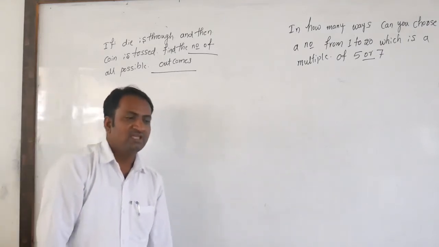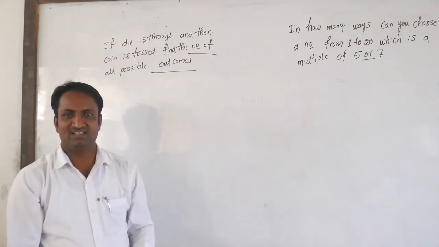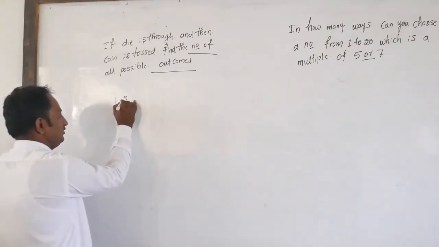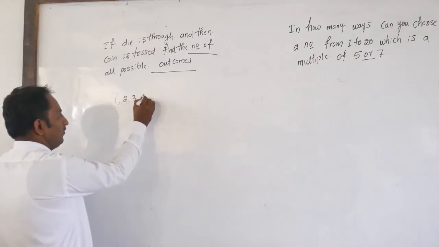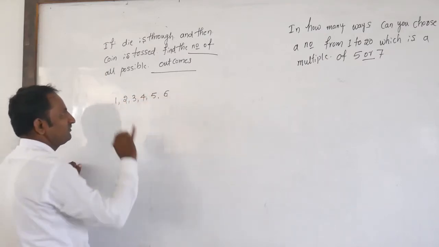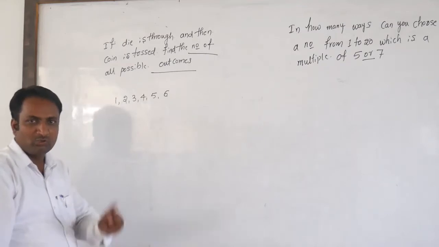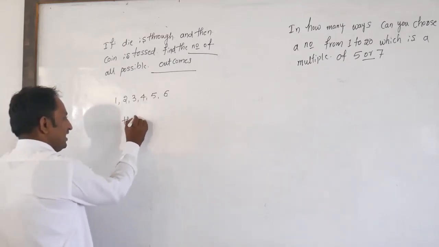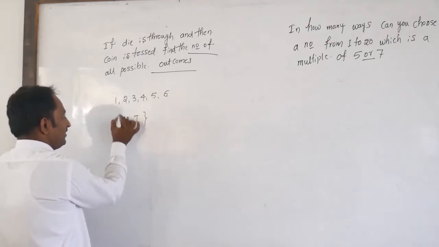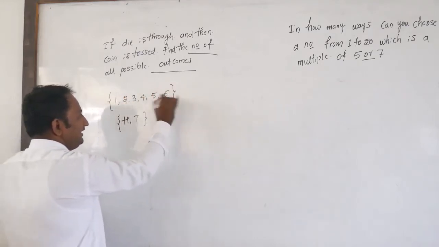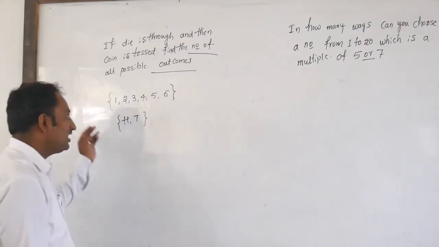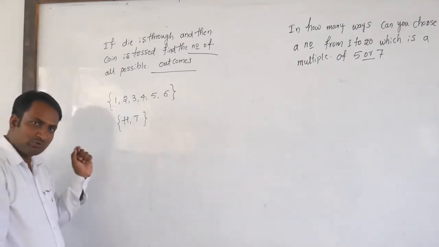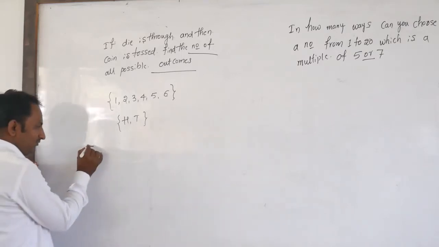Suppose in this case a die has 6 possibilities: 1, 2, 3, 4, 5 and 6. A coin is tossed, the total possibility is one head and another one a tail. Suppose a die is rolled as well as a coin is tossed. The total possible outcomes are here